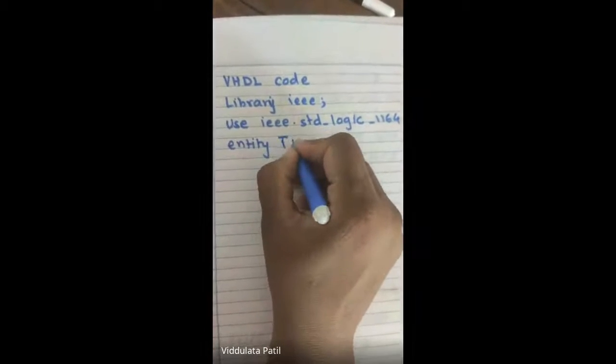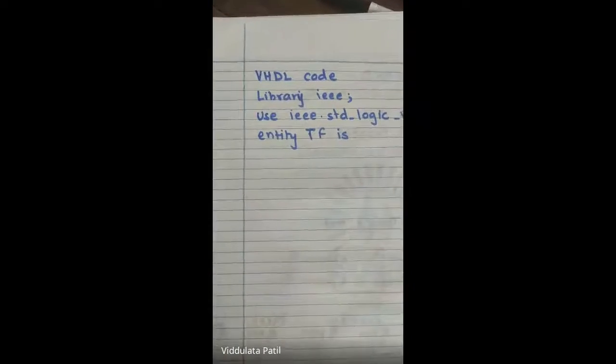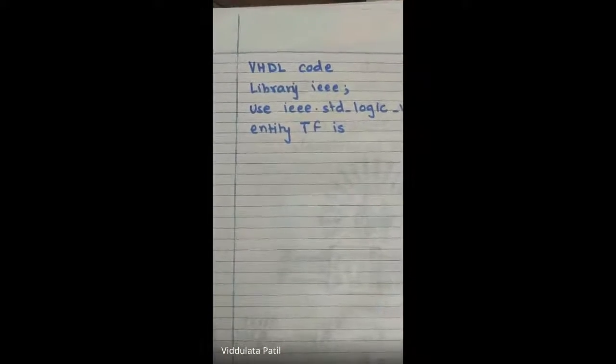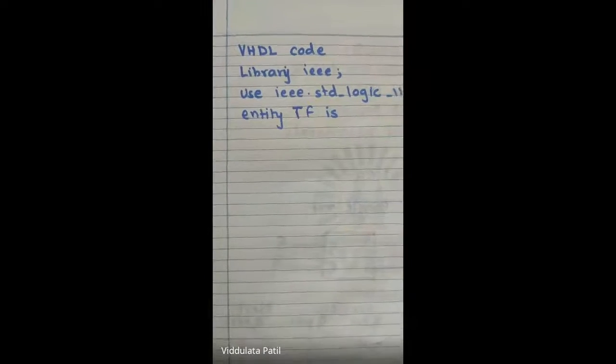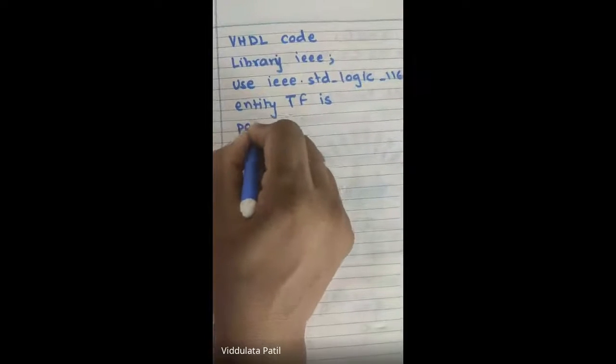Entity TF is. Okay, as this flip flop is a toggle flip flop, that is a T flip flop, we will give the name TF to this flip flop. Then write the ports for this flip flop.